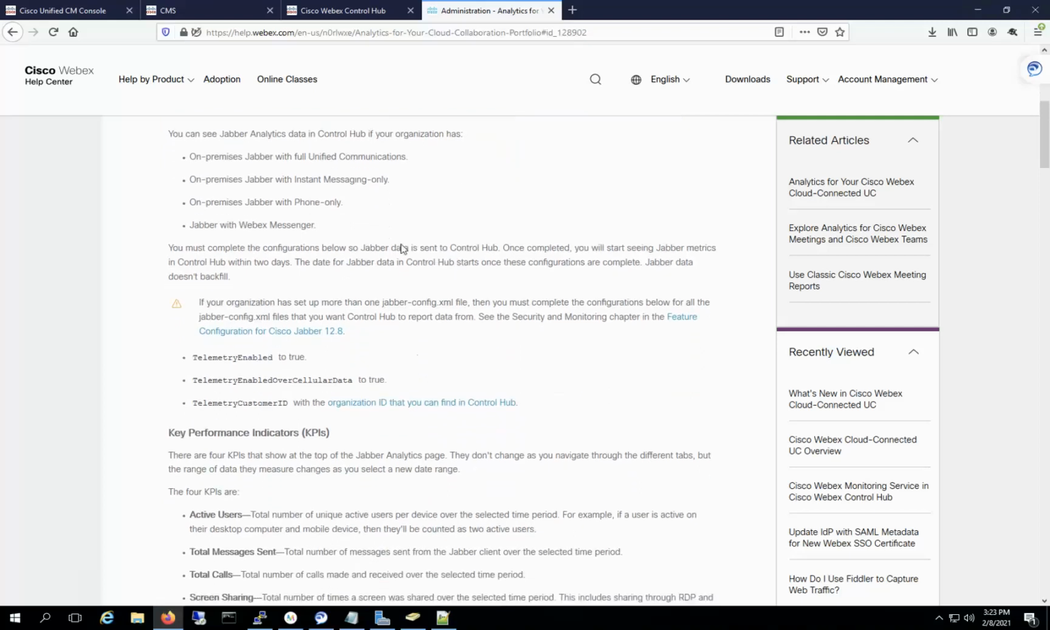When it comes to configuration, you should create a Jabber configuration profile or modify an existing one with these three parameters that you can see here. Telemetrics enable has to be set to true. Telemetrics enable over cellular data, set to true, and telemetrics customer ID. The most important ones are these two: telemetrics enable and telemetrics customer ID. This one in the middle, telemetrics enable over cellular network data,